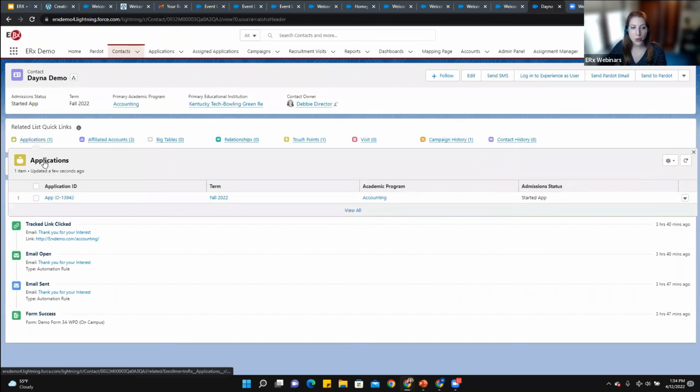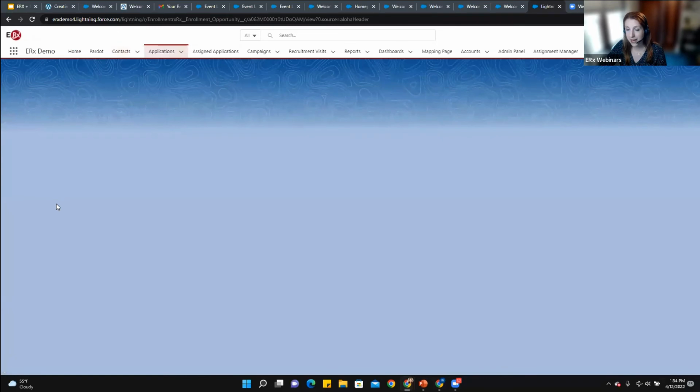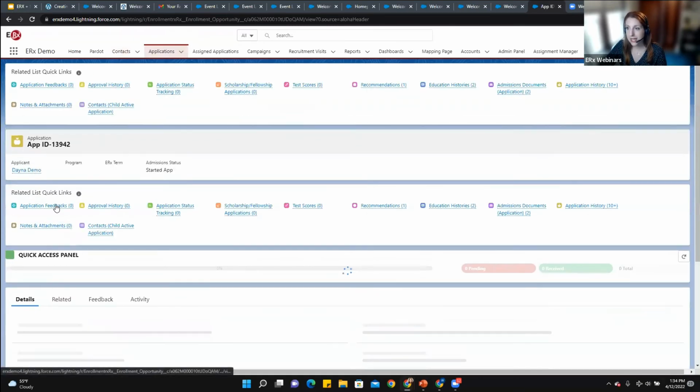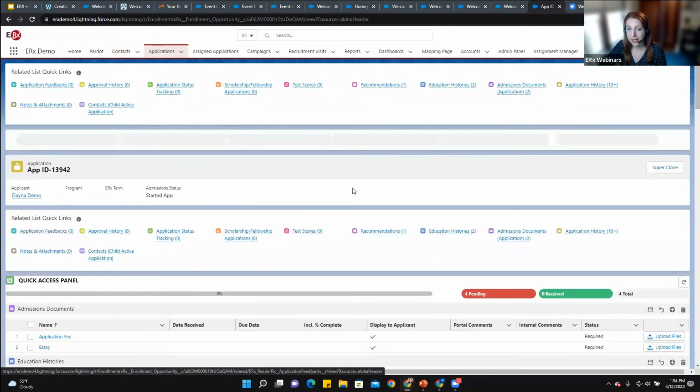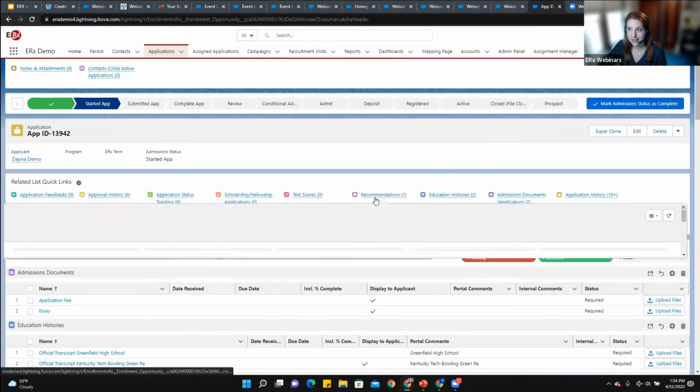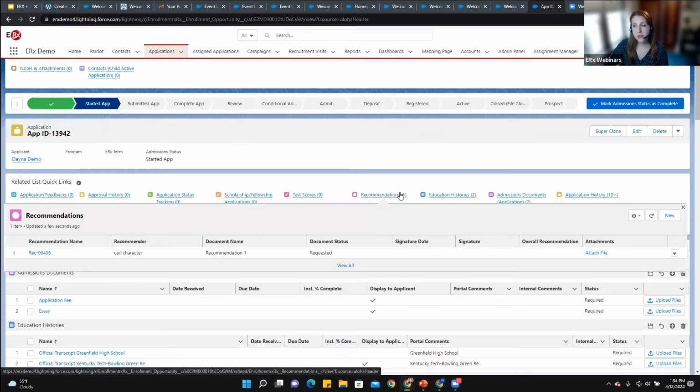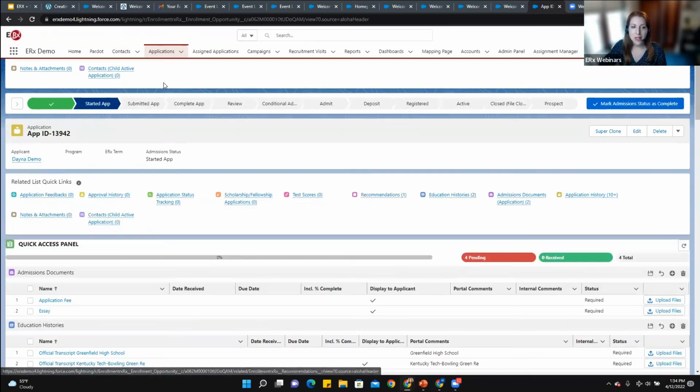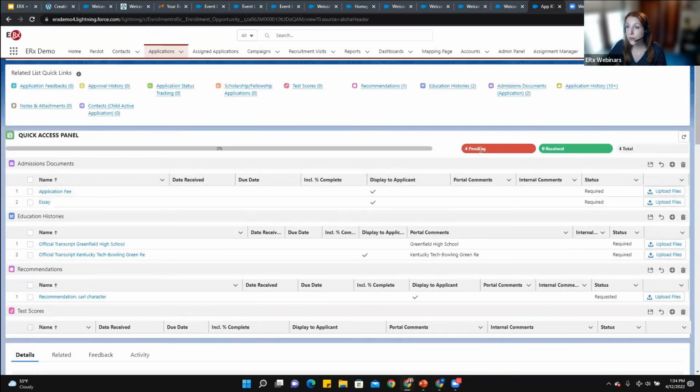But I want to show you her application view from your perspective. So Dana is able to see all of her required items, maybe her mission status, et cetera, all in her portal. But this is what you and your team might see. So you might have a progress bar, for example, with your different stages of the funnel. So I can see she's app started right now. I might also see that she's got 4 documents that are required in order for her to move to that